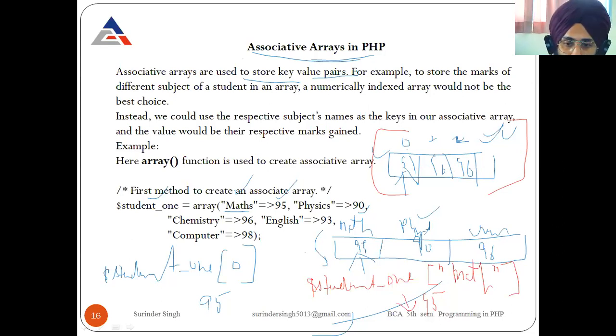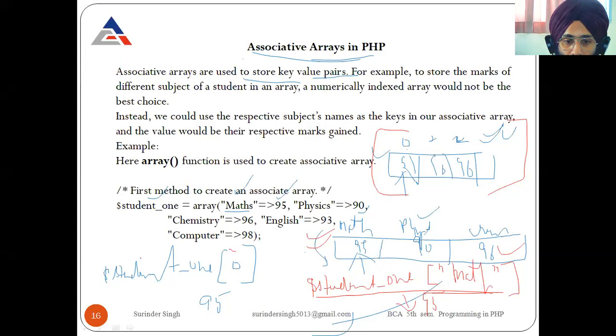But by using this concept of keys and values, we can easily identify that these are the marks of the subjects: math having 95, physics having 90, chemistry having 96. Clear? We can easily identify from this. So in those cases an associative array will be used. Clear? What is an associative array?